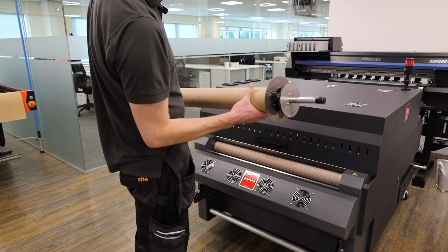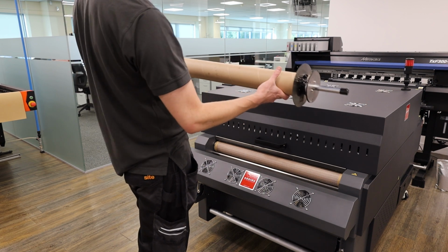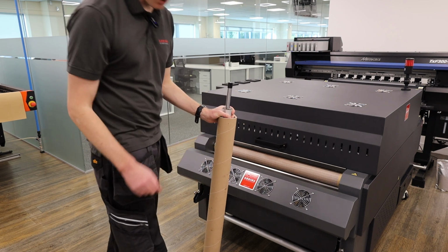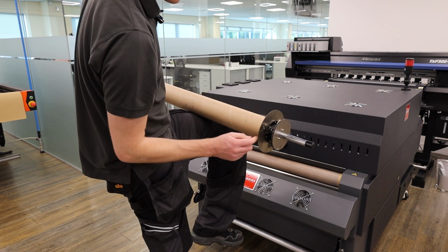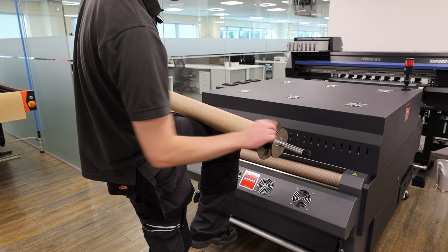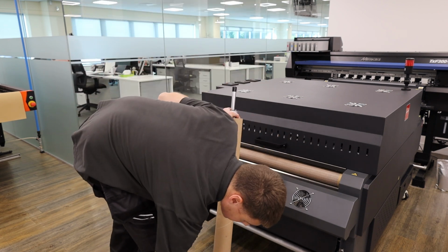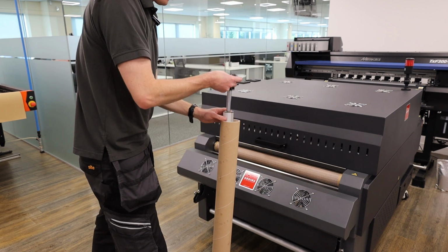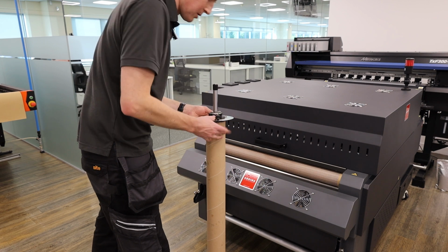One important thing to note is while you're positioning the core on the bar, you want to position the core and the flange wheels so they're as central as they can be along that bar. Another quick tip to help you do that is using the thumb screws. Try and align the thumb screw on the right-hand side flange wheel with the thumb screw on the left-hand side flange wheel. The reason for that is so that when you put the take-up on the system,